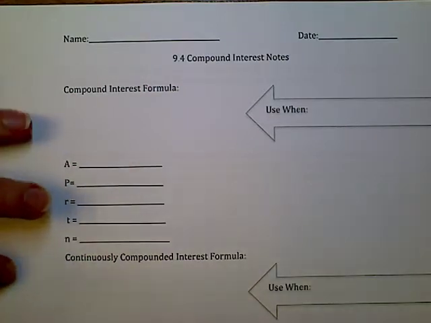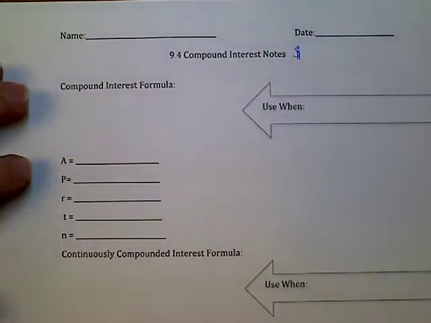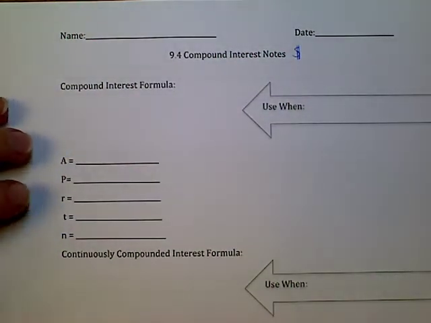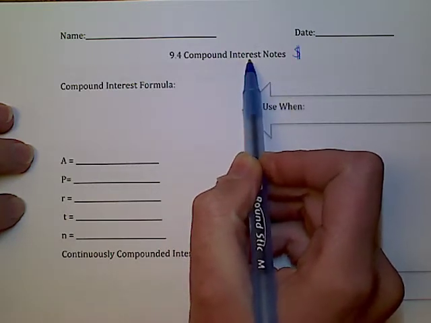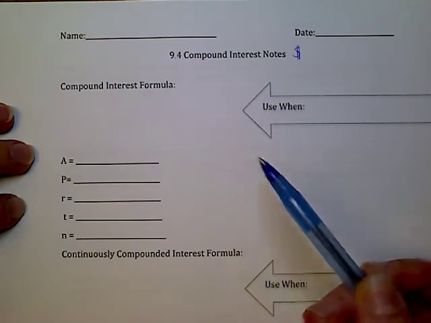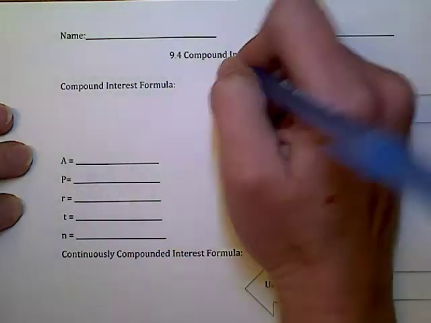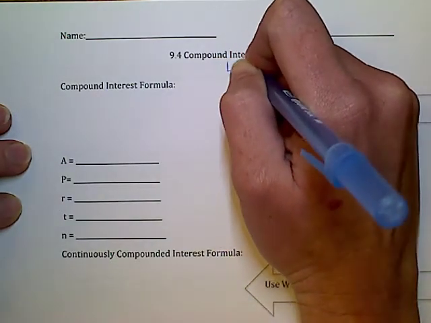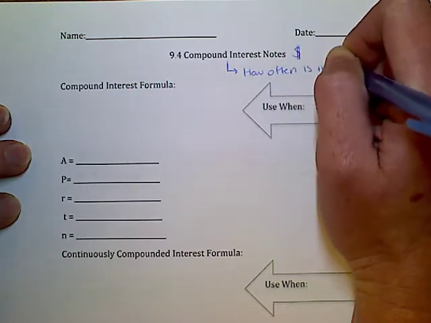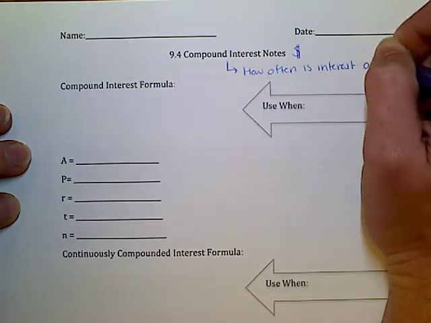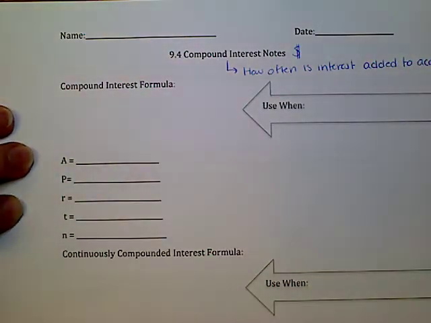We're going to be using some formulas that we use when we talk about money, and how the interest is compounded. So when we talk about interest being compounded, that's what this is about. It refers to how often a portion of the interest is added into your account. So we're just going to add it up here. How often is interest added to account? Whether you're talking about a loan or investment,